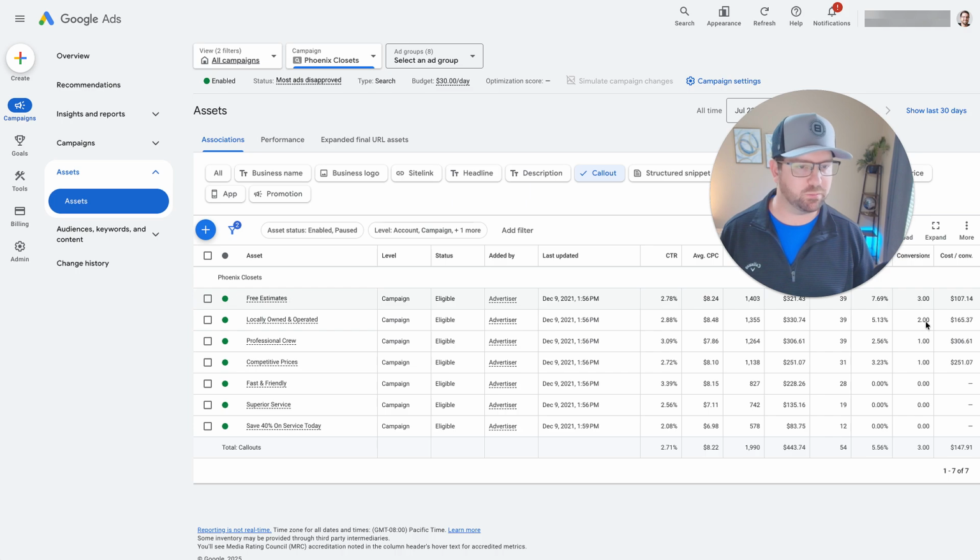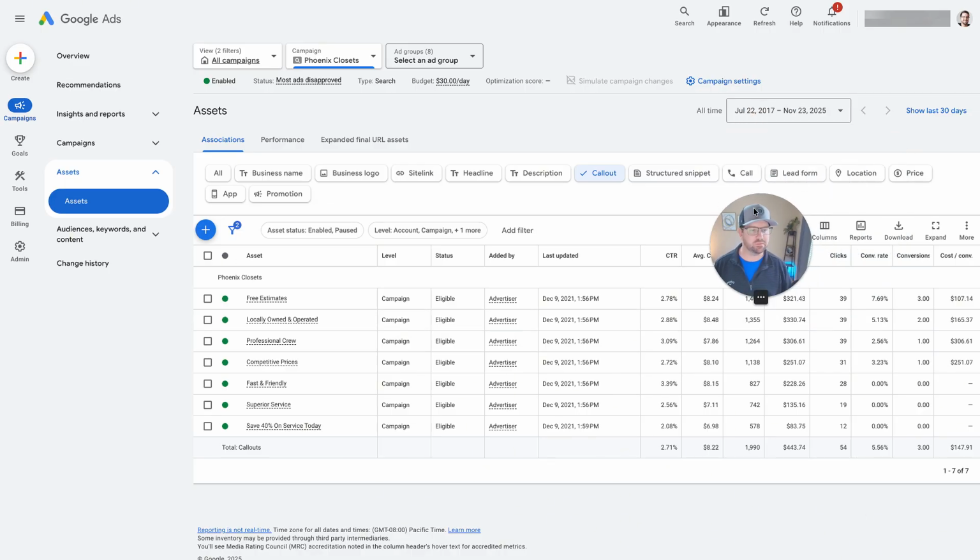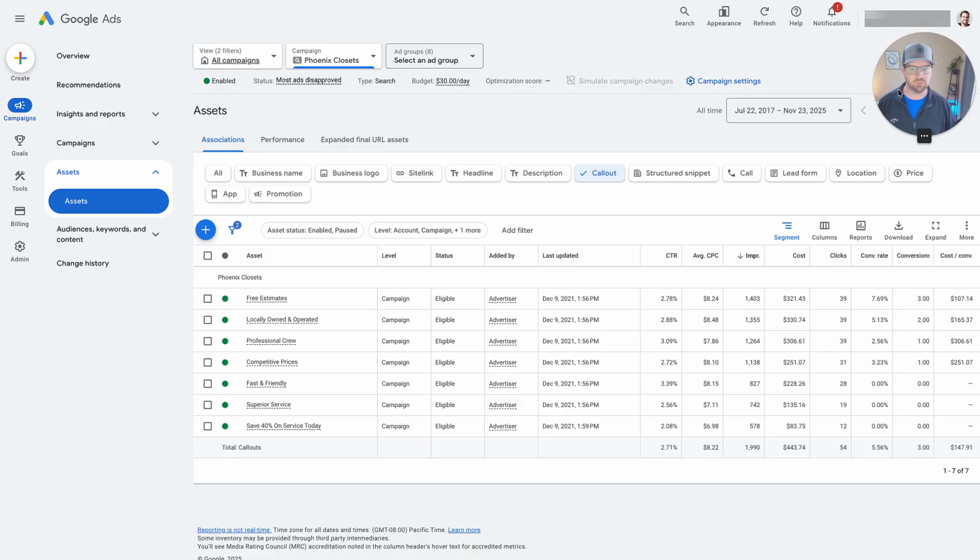That's going to produce a bunch of data here. Now, it's important to understand how this data works because it's a little bit confusing if you're not familiar with how this is broken down. Because when you look at this, you'd think, oh, hey, look, we've got this free estimate call out extension. It's generated 3